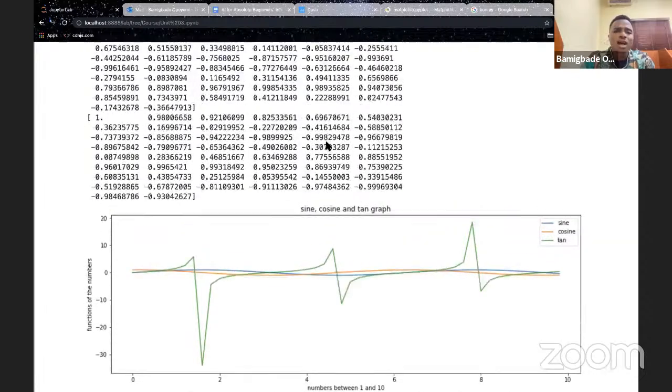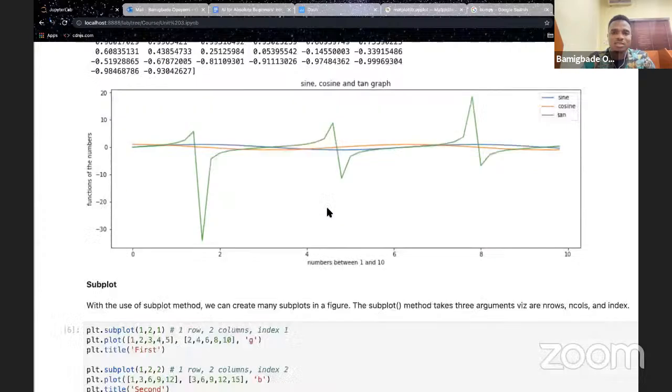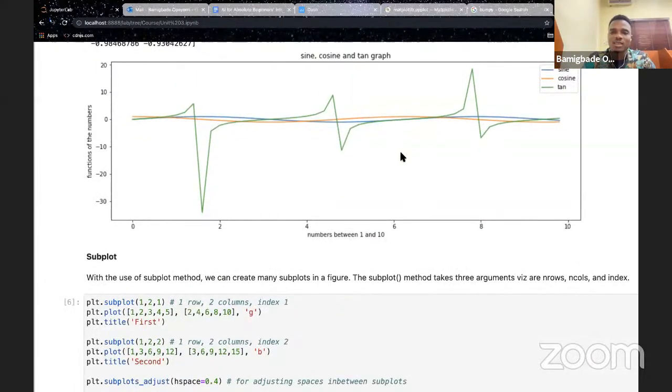So imagine I'm going through all these numbers here, and I'm trying to see the trend of people that are liking our movies and people that are just watching the movie without liking. You will agree with me that it will be very, very difficult for me to see the patterns in just these values. Very difficult. But at a glance in the chart or the plot here, I can see